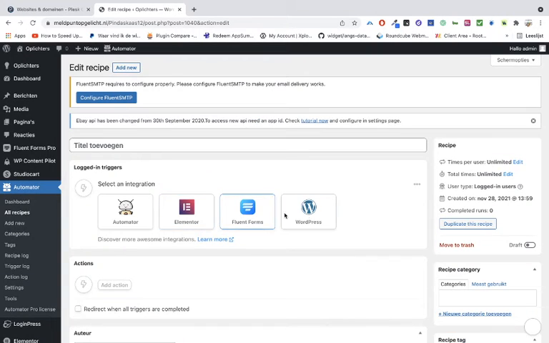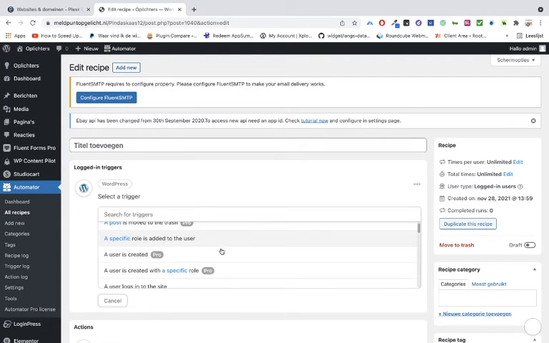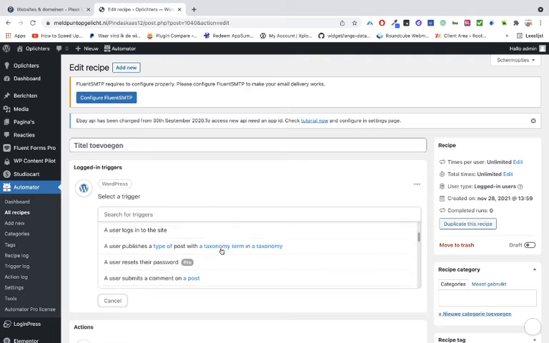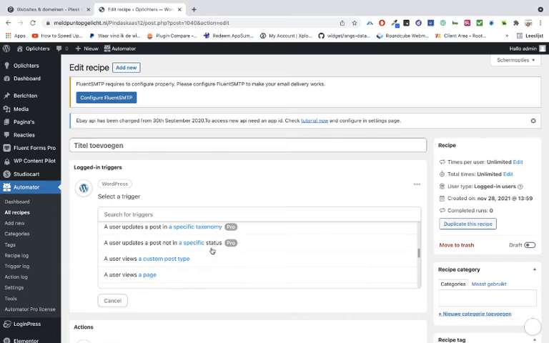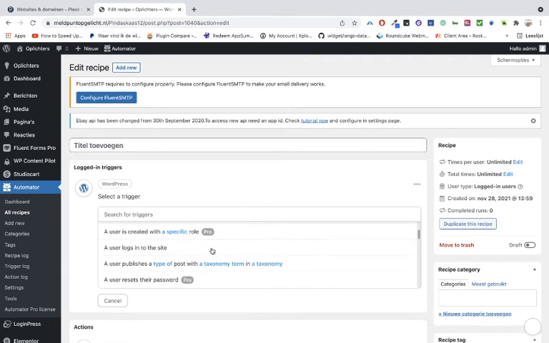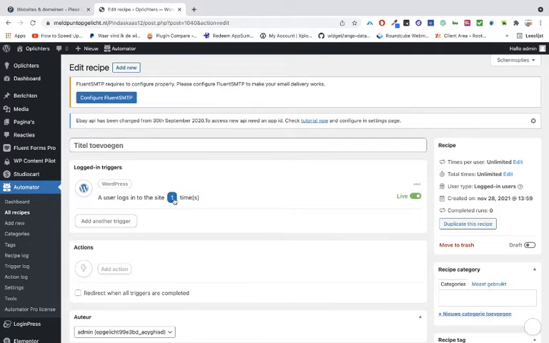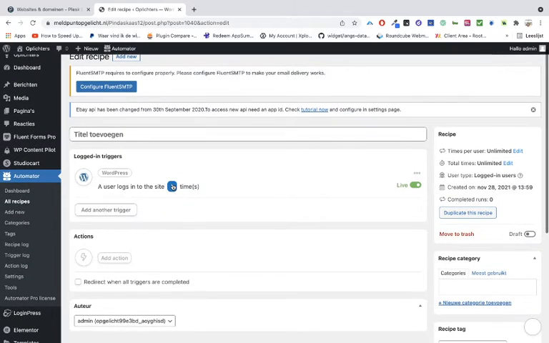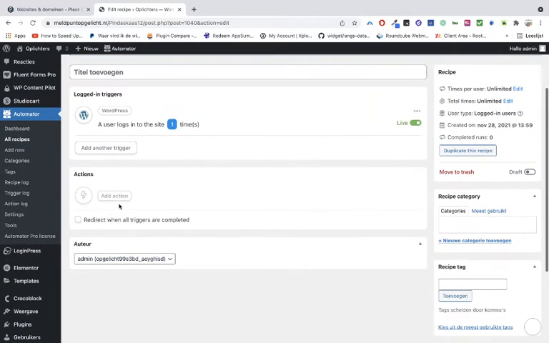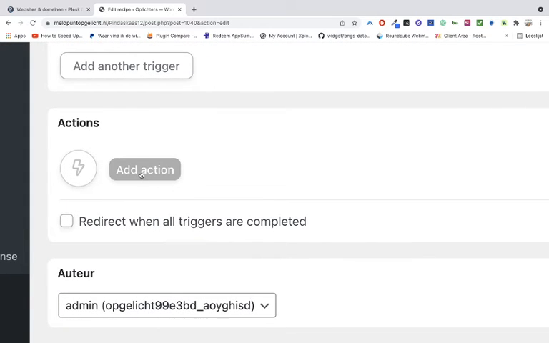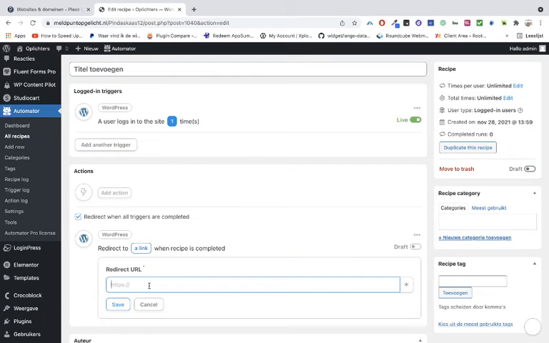So, when we go into WordPress, when they have logged in for the first time, so the user logged in for the first time, don't change this. You can also change it to 2 times, 3 times, 100 times, it doesn't matter. But anyway, you have to choose for the first time, and then you don't have to choose the action, but the redirect, and then you add just